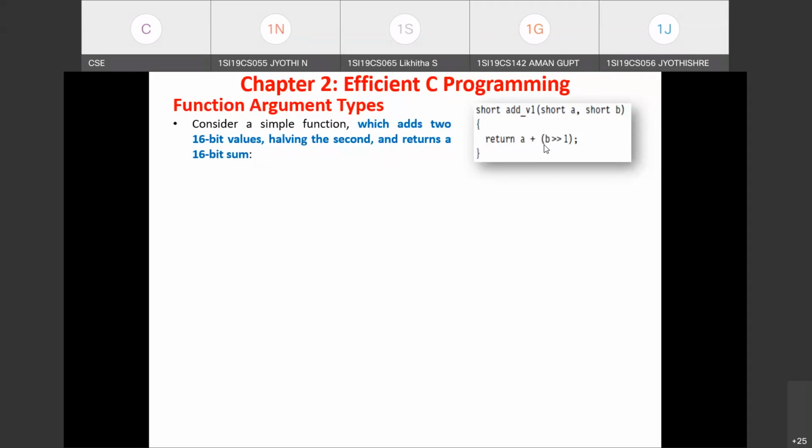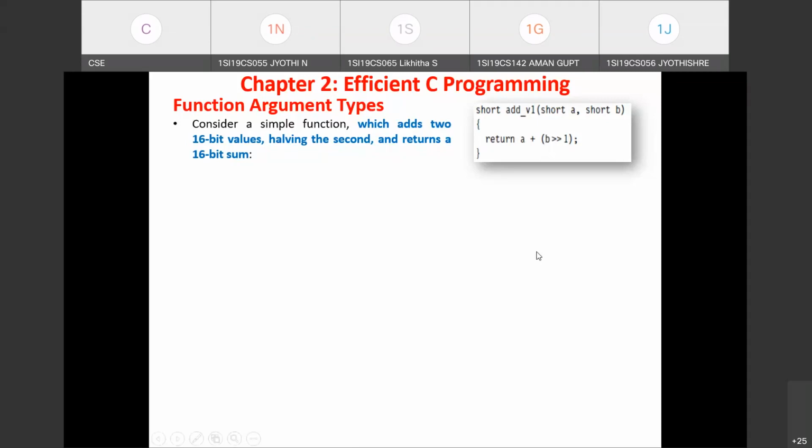Here the compiler has to make decisions in the case of the calling and called functions. Here they use the terminology function caller and function callee. Callee means the called function, and caller means the calling function. So either the calling function or the called function must perform the explicit type casting. Some instruction has to be added either in the calling function or in the called function to convert the 32-bit value held in the register to 16-bit.